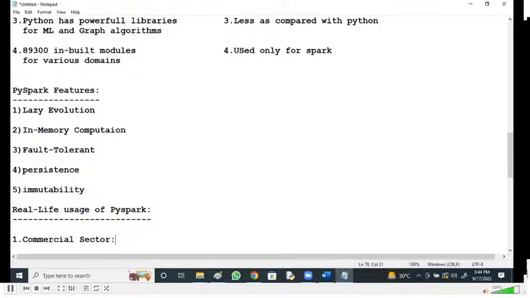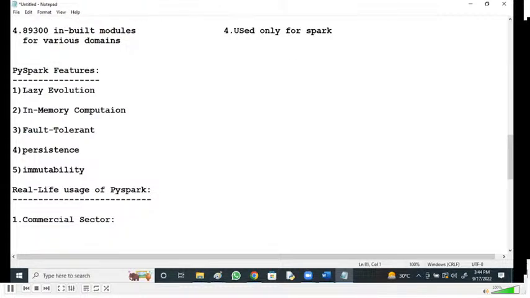So in commercial sectors, it is used for retrieving customer social media profiles and analyzing useful insights from them. Secondly, healthcare. Today in healthcare, Apache Spark is used to analyze patient records along with their previous medical reports to identify which patient is probable to face health issues even after being discharged from the clinic.